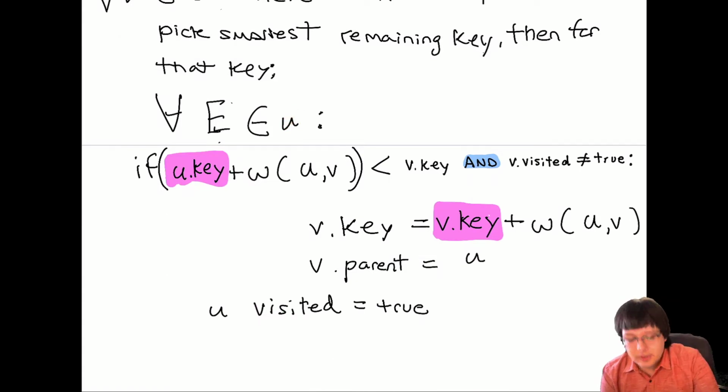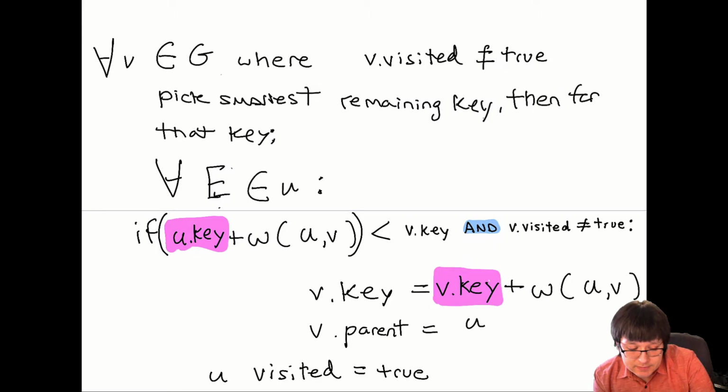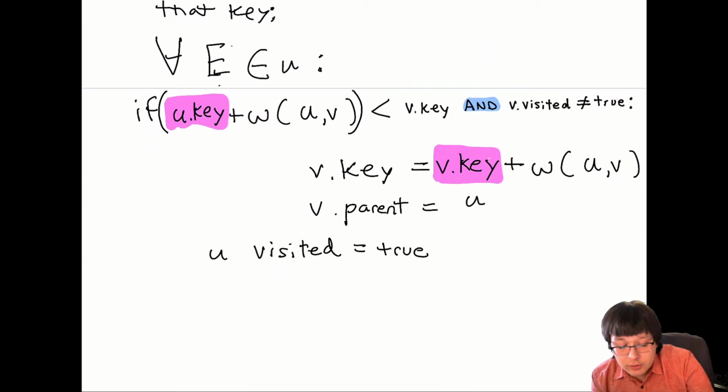So I wrote this 6 months ago, so kind of rusty. So for all edges that belong to this specific key that we picked, okay? For this vertex that we picked, we're looking at the vertex that has the smallest weight. So this is when we're picking the smallest one. For that one, we are going to take the weight of that, the key of that, and add it to the distance from that one to the vertex that we're looking at, okay? And if that value is smaller than the key, and that vertex is marked as not